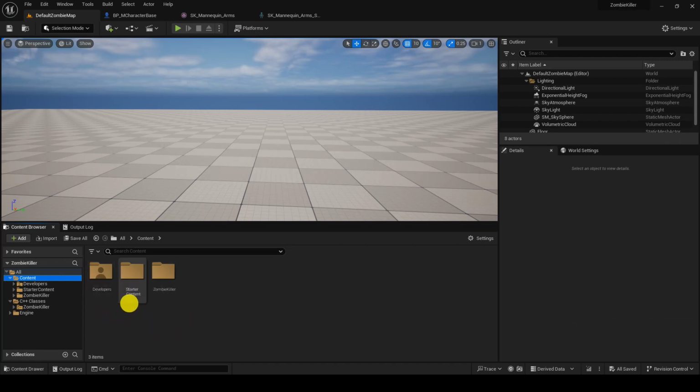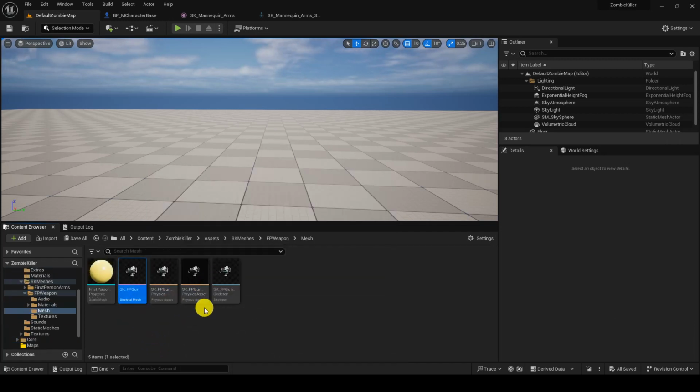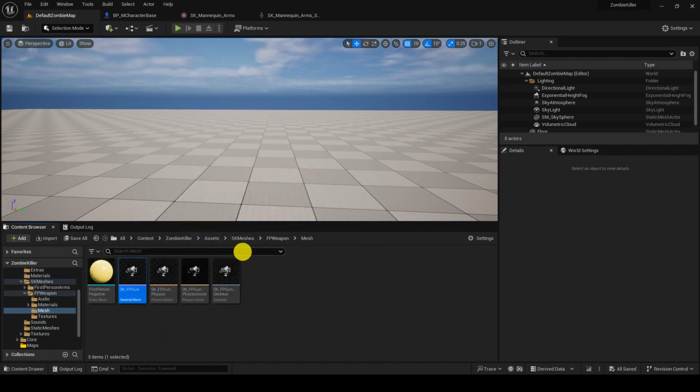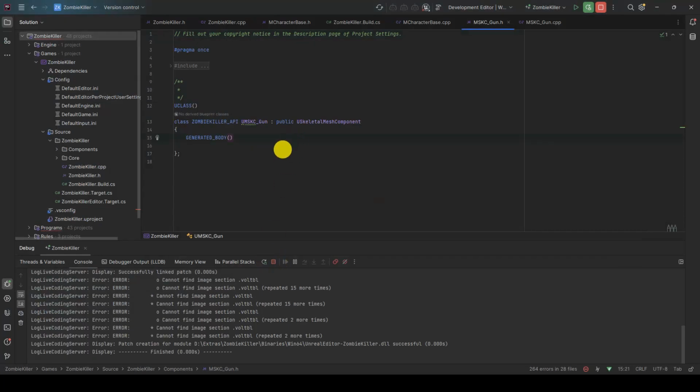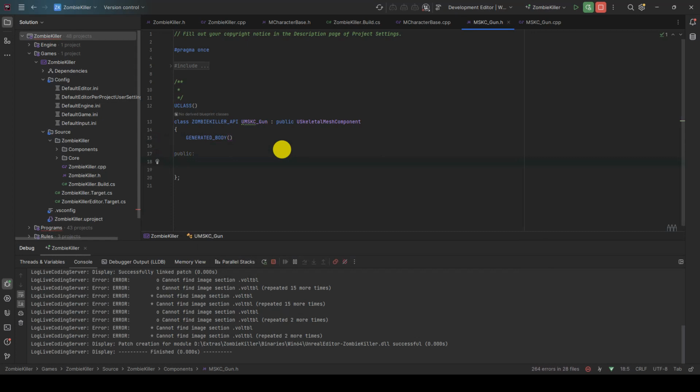In that component, we already know that we have to attach a mesh, so we will do that. First, go to the zombie killer. We will check where that asset is. I think it's in the weapon. This is the weapon. Right click, copy the reference path, and here we will create some variables. So public,